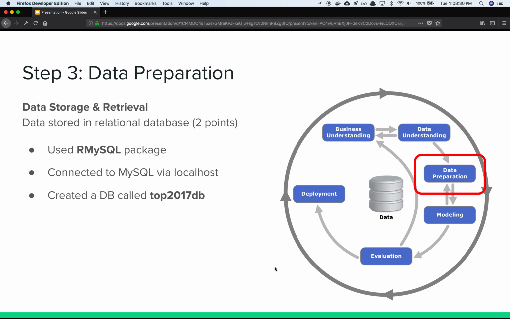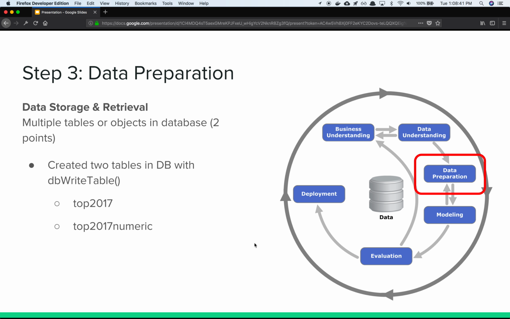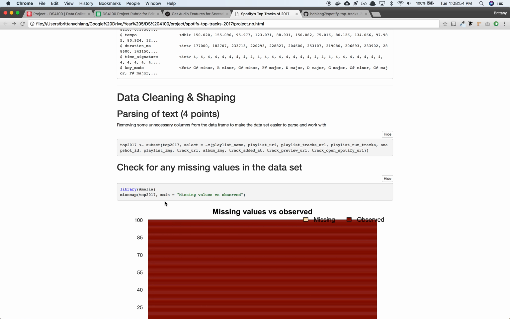Okay, now on to data storage and retrieval. So I used the R-MySQL package, and I created a database called Top2017DB. And then I created two tables in that database called Top 2017 and Top 2017 Numeric, which had only the numeric values of the original dataset. So I can show that